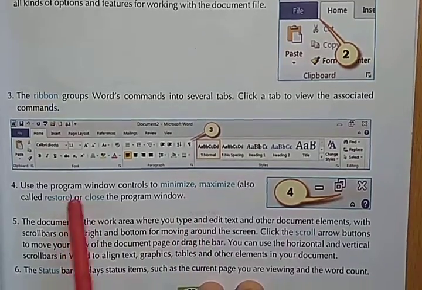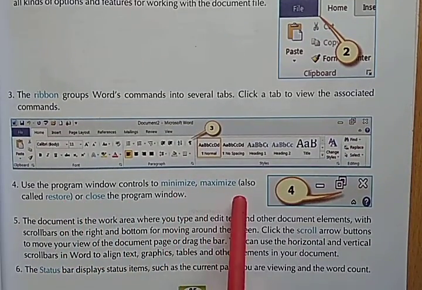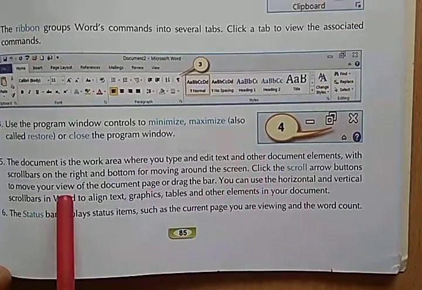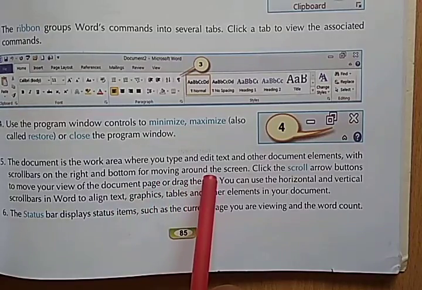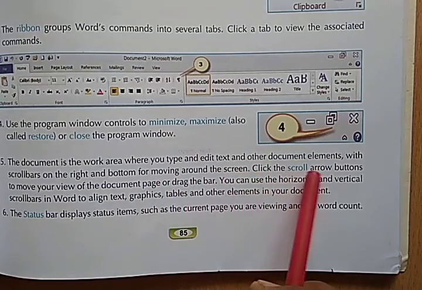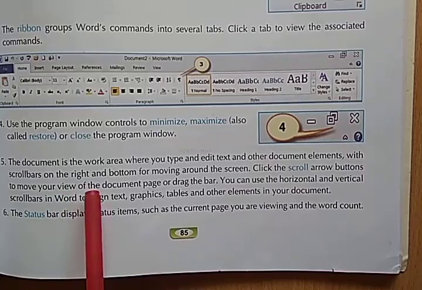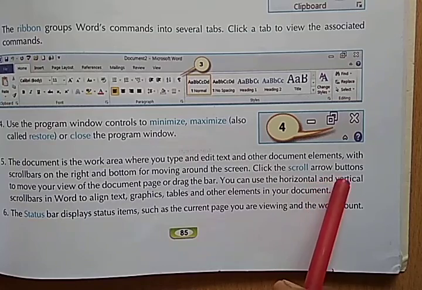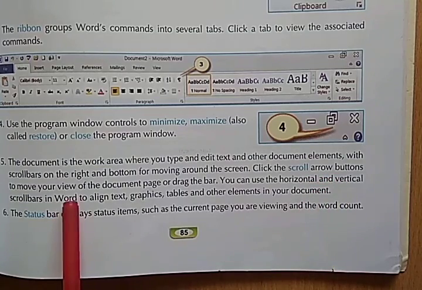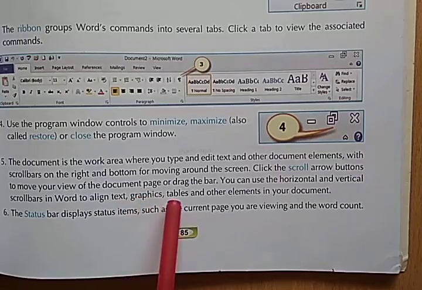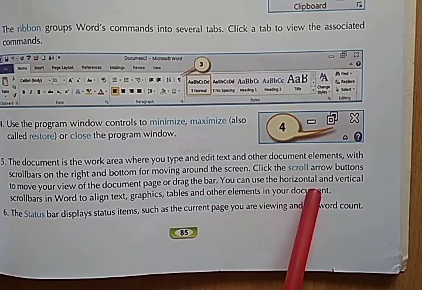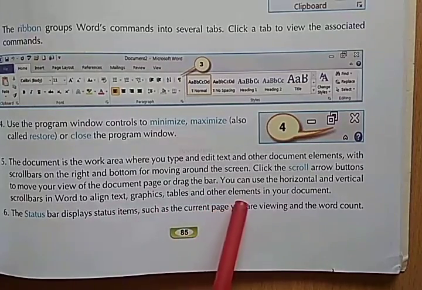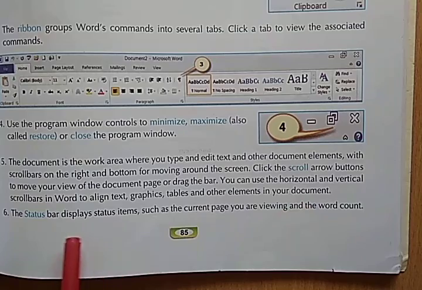Use the program window controls to minimize, maximize, also called restore, or close the program window. The document area is the work area where you type and edit text and other document elements, with scroll bars on the right and bottom for moving around the screen. Click the scroll arrow buttons to move your view of the document page or drag the bar. You can use the horizontal and vertical scroll bars in Word to align text, graphics, tables and other elements in your document.